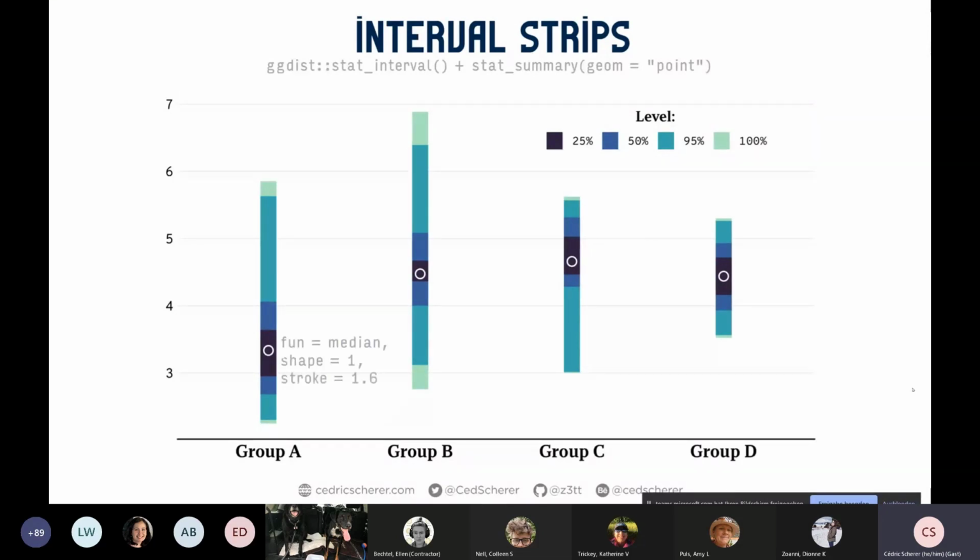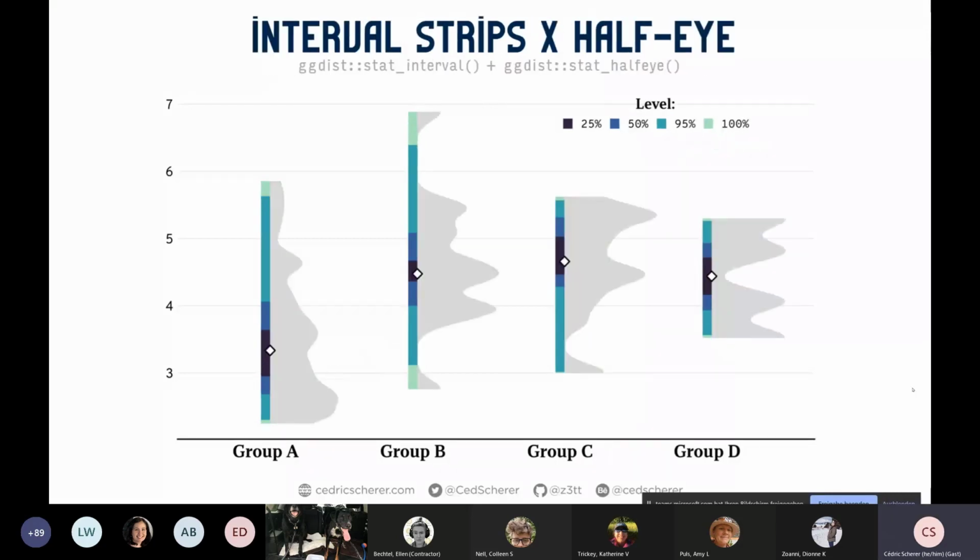And we could also add some more information here. For example, here with the stat summary and the geom point, I'm adding with the function median a circle, a white circle to indicate the median as well. So not only the middle 25%, but also the median value. And you could now, of course, also show the interquartile range, which is actually already shown by the blue box. As mentioned, you can nicely combine them. So here I combine them with these half eyes, and I think this is quite nice. And the half eyes also come with the slab interval, as you have seen. So here I'm using a diamond shape to indicate the median. So we have here now the information of these different levels where the data falls. Then we have a median indicator, and we have a nice density distribution.